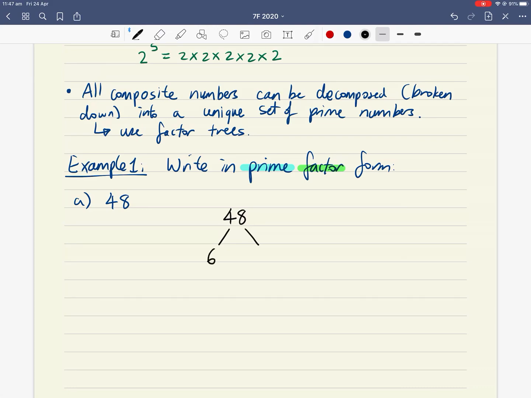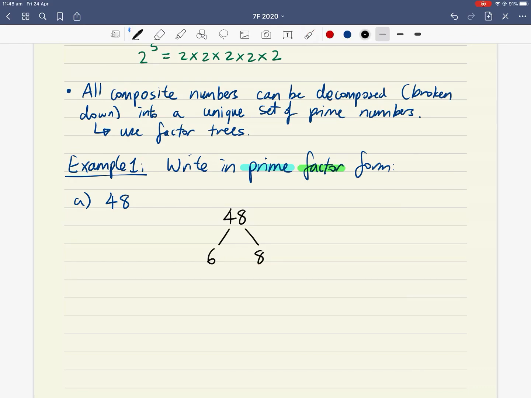So let's say, for example, let's start off with 6 and 8, yeah? So 6 and 8 multiply to be 48. So these are two factors which multiply to be 48. Cool. Now ask yourself, are the two factors 6 and 8 prime? No. 6 is even, so it's definitely not a prime number, and 8 is even as well, so it's not a prime number. So then we can further break down these two numbers, 6 and 8, into a product of prime